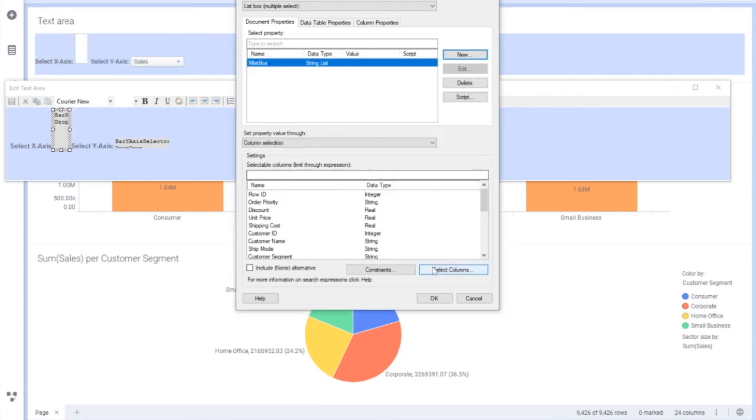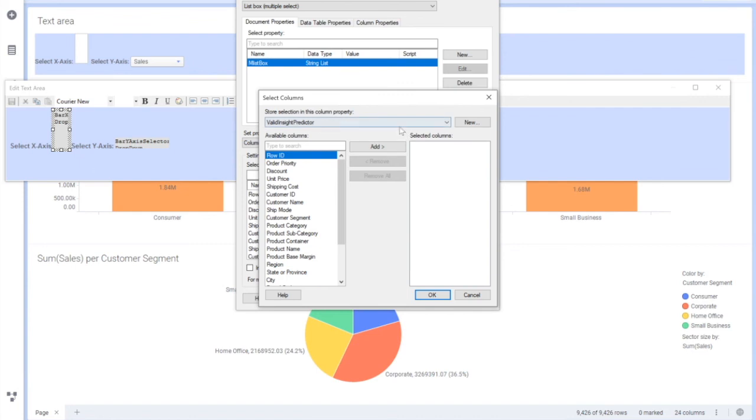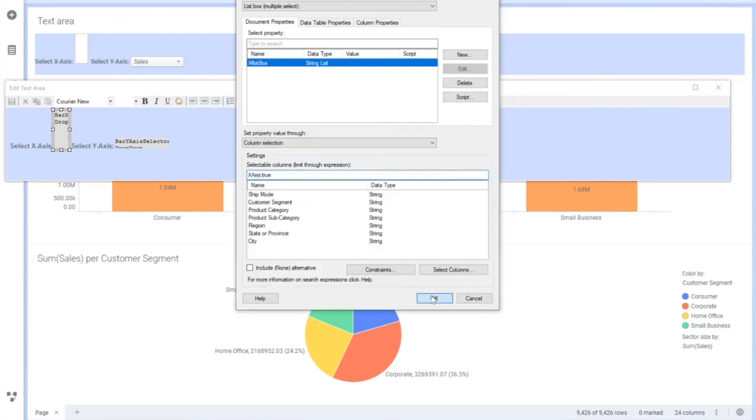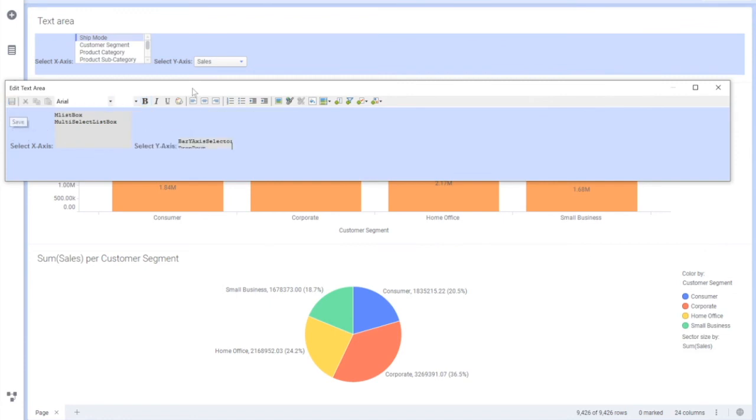So I'll say AM list, AM list box for now. You can give clear names. Say string, say okay. And same way, select columns. I will use the x-axis ones, only those columns. Say okay, and here you are. So here you got a multi-select list box, and obviously this will be taking a lot of space